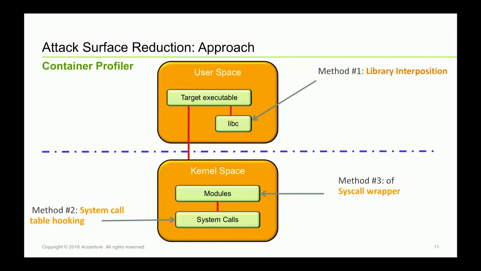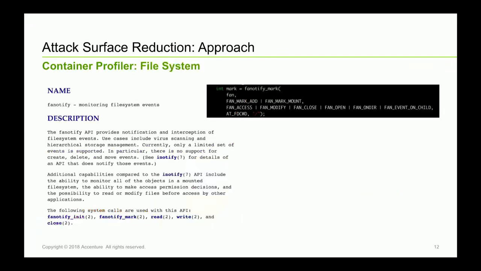To profile a container is not too different than profiling a Unix or Linux application. We can do it from either user space or kernel space. However, we prefer to do it in user space because it is not always possible to make change to the kernel space. One way we can do it in user space is using the system call called fanotify to get a callback for any file system activity, including the file open, file close, or file read or file write. Very simple in user space.